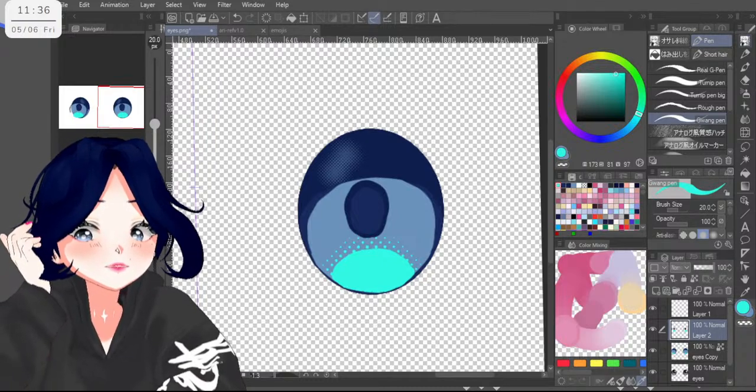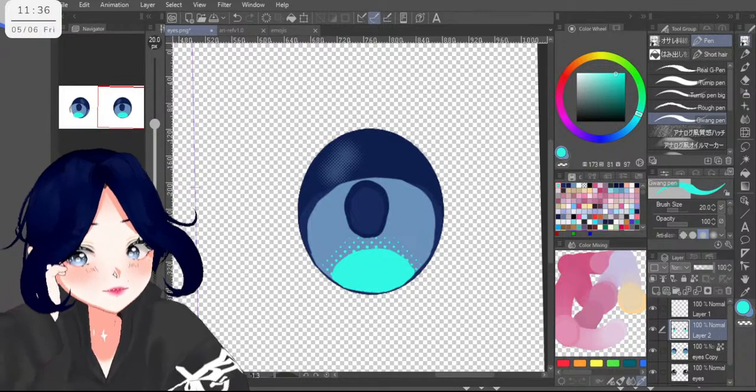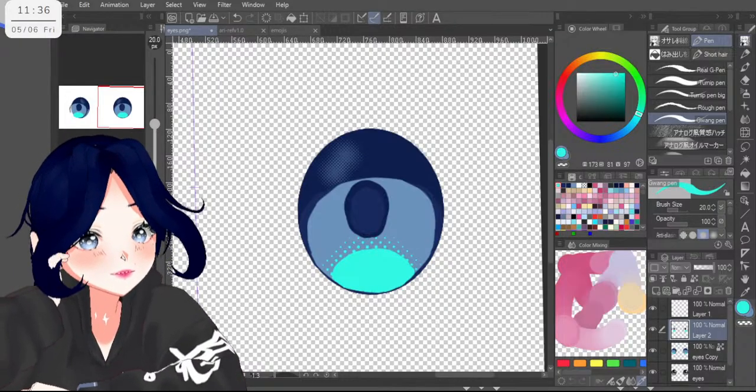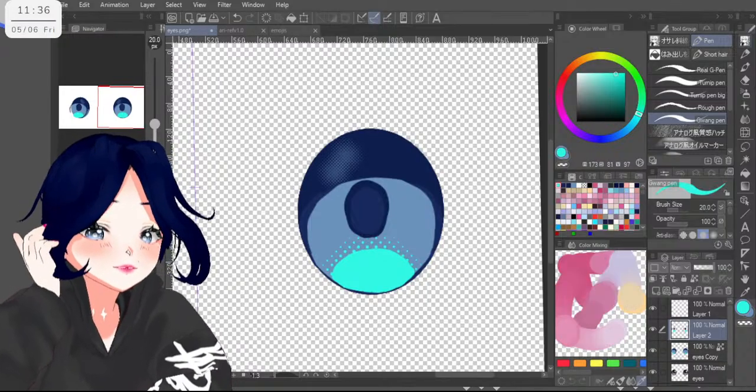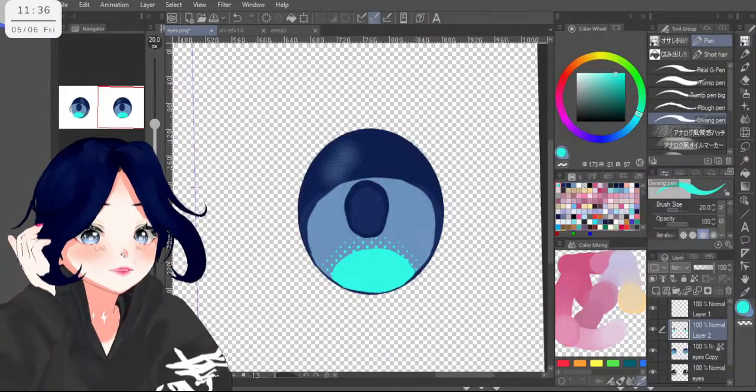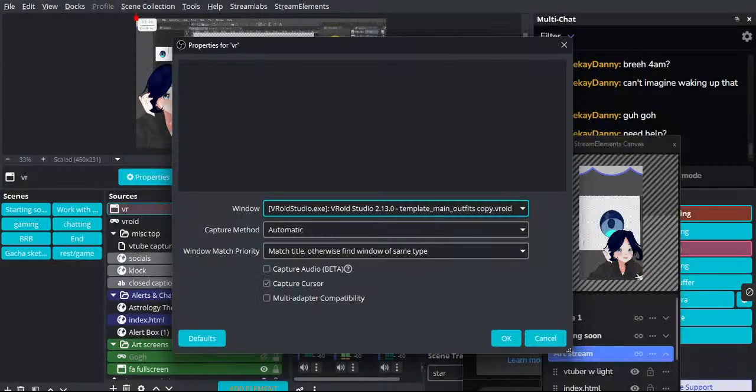Yeah, so what other option do we have? The window capture. Let's see. Oh. Why does it look like that? You know what? Let's try it anyways.